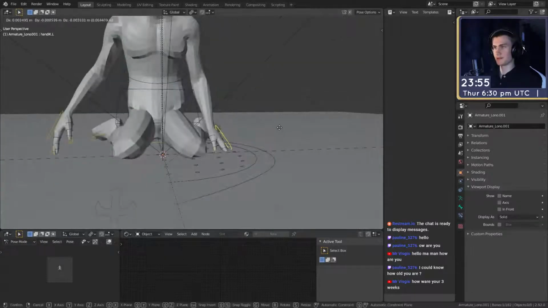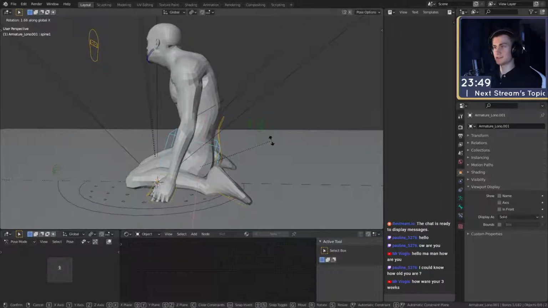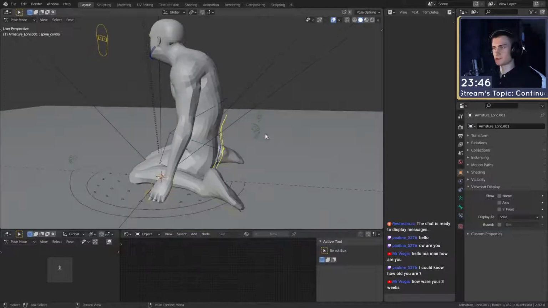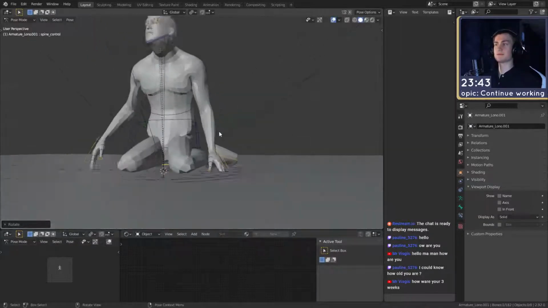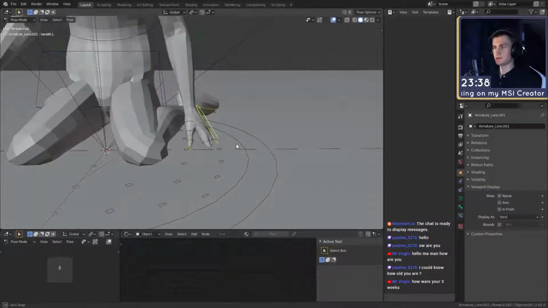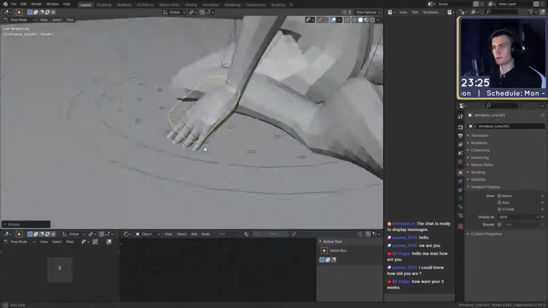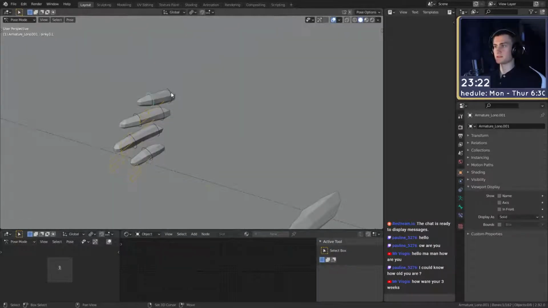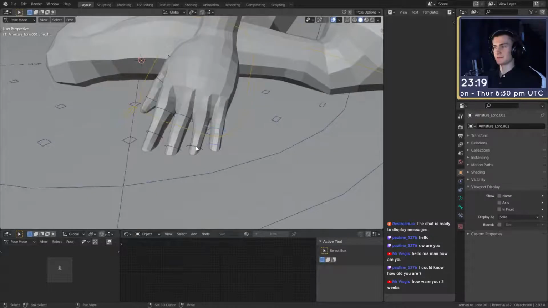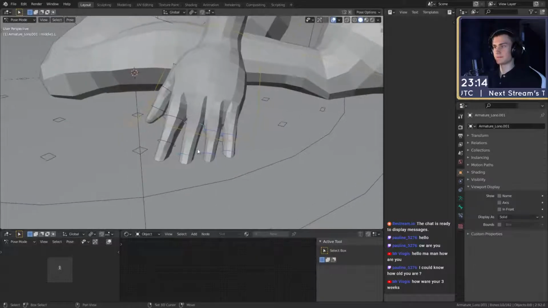I started working on a submission for a competition called the MSI Creator Award, where you can submit not only 3D animation but also 2D and video editing pieces. So we have multiple categories. I of course chose 3D, and we're gonna work some more on the piece that I'm gonna submit today. I think it's a cool idea. The overall theme for the competition is aesthetics meets technology.